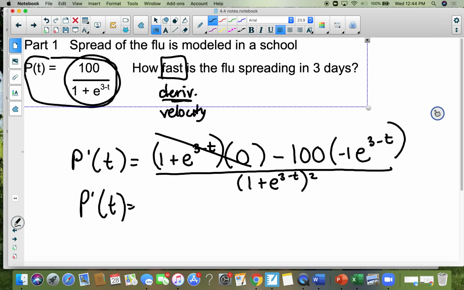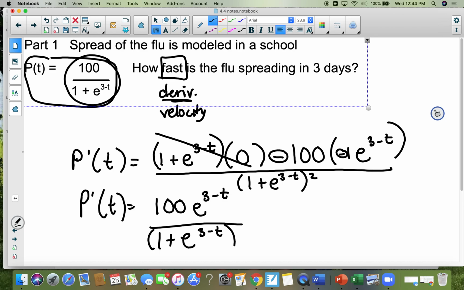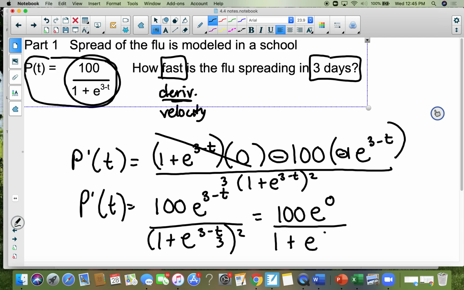Okay, 0 times anything cancels out. A negative times a negative equals 100 e to the 3 minus t all over 1 plus e to the 3 minus t squared. And you want to know how fast it's going to be spreading in 3 days, so in place of all your t's, you're going to put a 3 and solve. So it's going to be 100 e, 3 minus 3 is 0, and you're going to go 1 plus e to the 0. So this ends up being 100, and this ends up being 1 plus 1, which is 2,